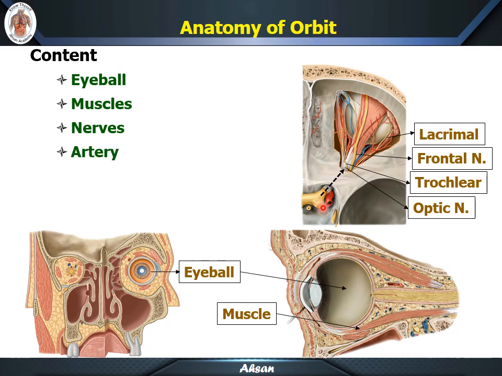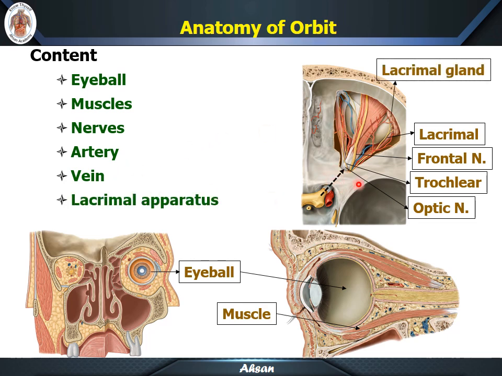Arteries: you can see this is the ophthalmic artery getting inside and dividing into branches to supply the structures, and these accompanying veins come out of the orbit. One gland is there, that is the lacrimal gland. You can see this is the lacrimal gland, and here you can see the lacrimal gland and its duct systems